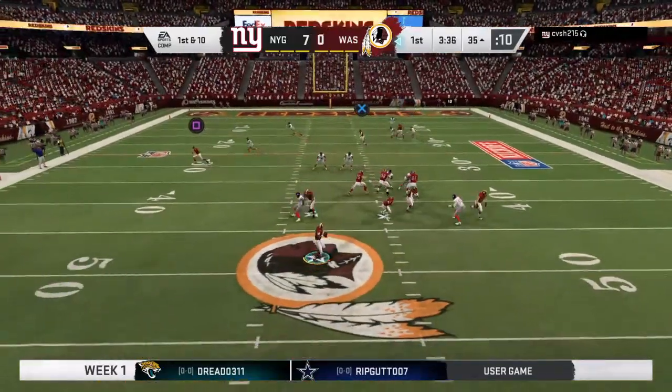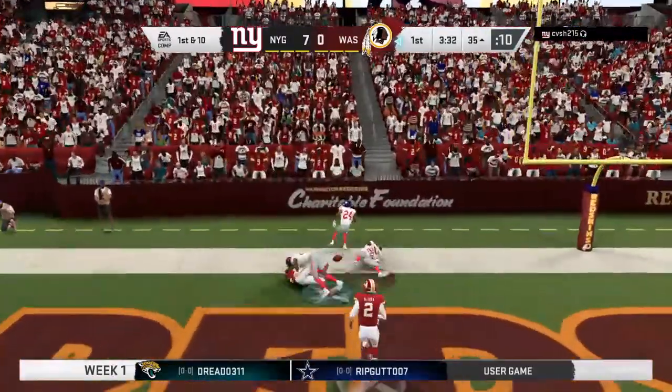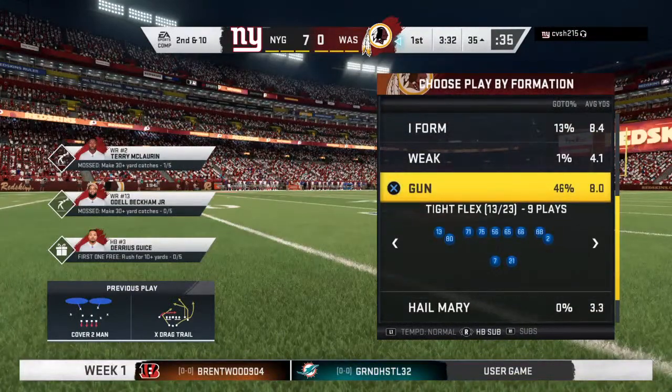Haskins looking to throw on first down. He's going to look for Beckham in the end zone. Back of the end zone. Could he get his feet down? No, it's incomplete. I'm laughing to myself because I could just hear in film session,